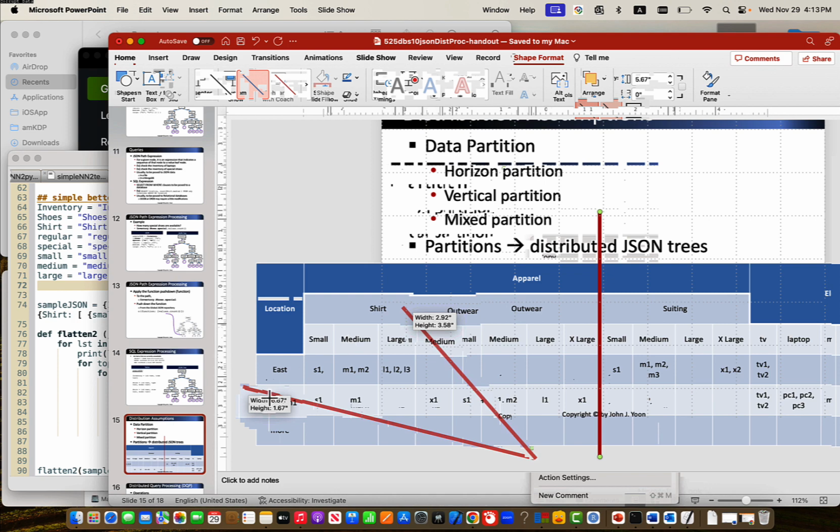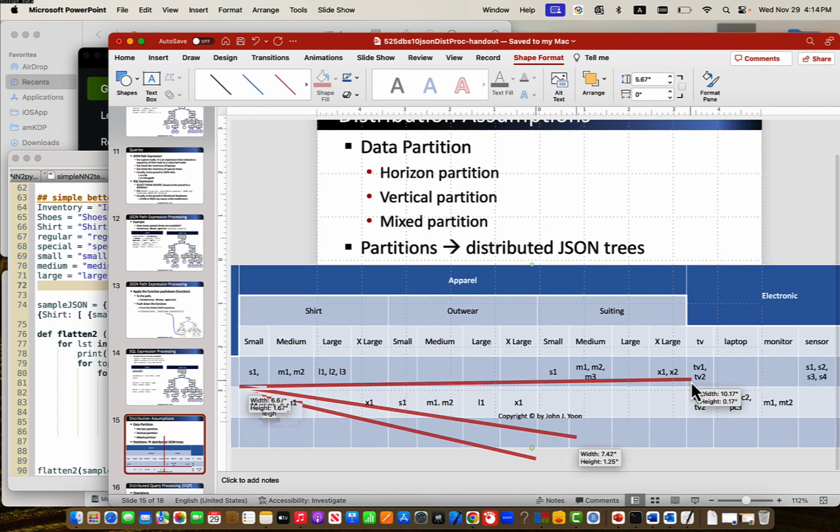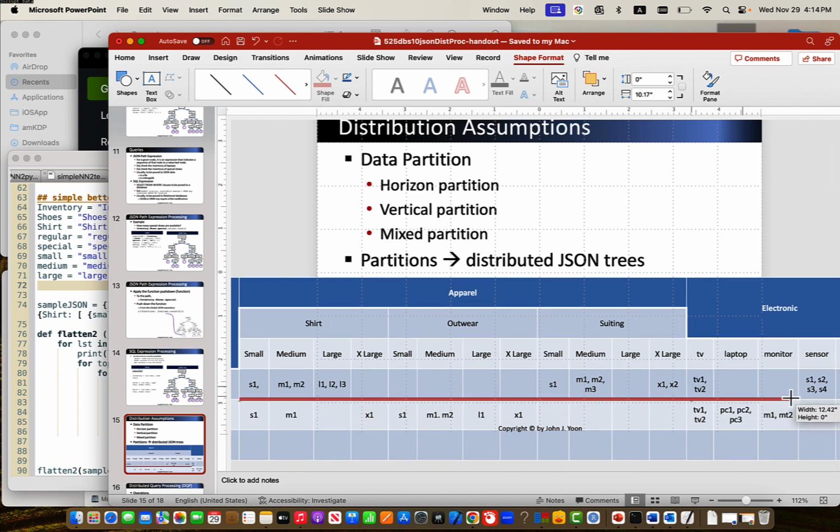Similarly, we have horizontal partitioning, right? So here and there, all the way to the end. So this row may be in one location and the other one is in another location. Or a combination of those two. So it could be here, that is one location. And maybe this is on another location. This is another location. This is another location. So four locations maybe hold